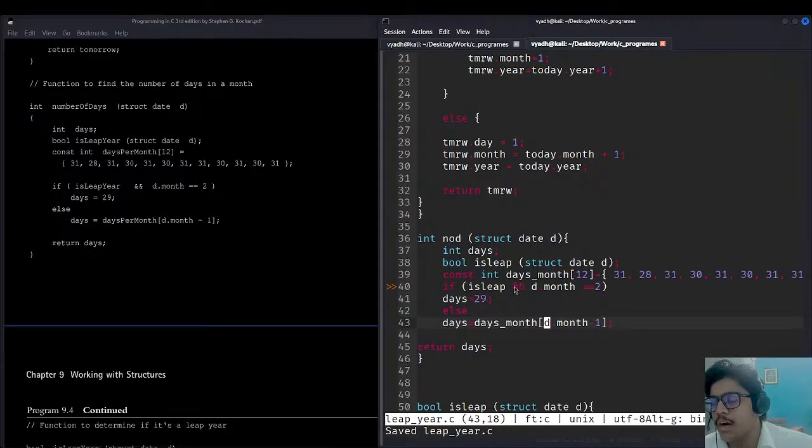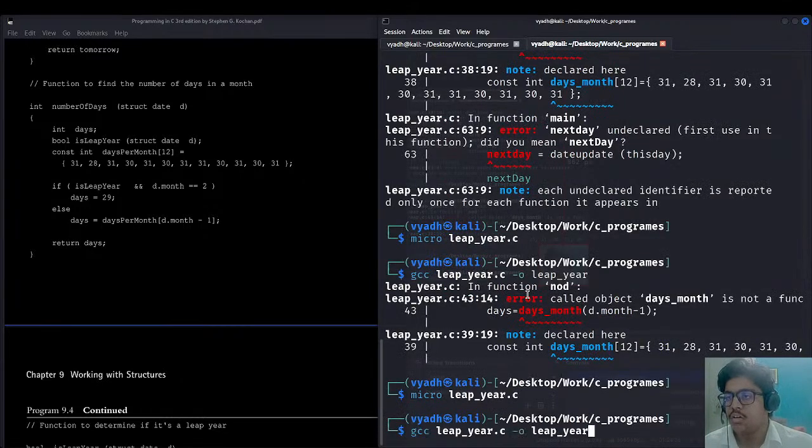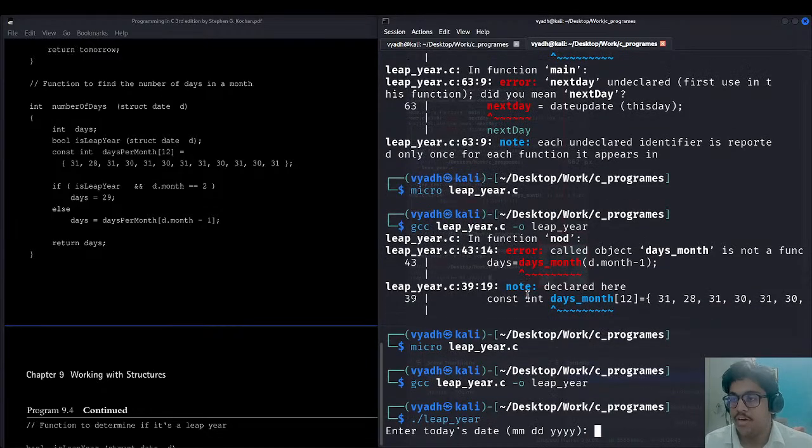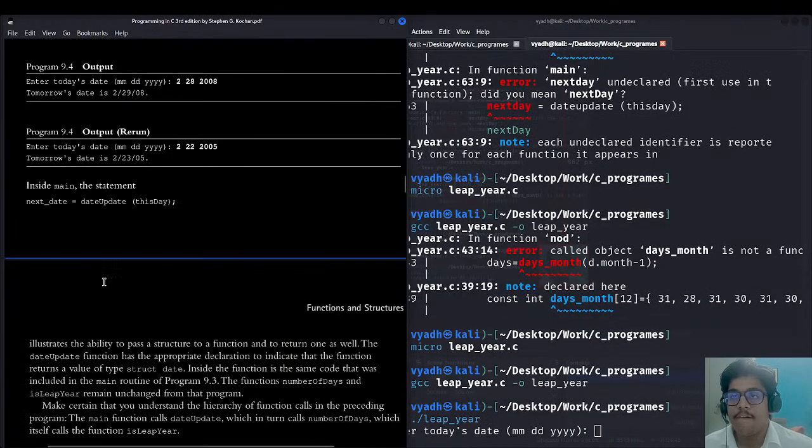Is leap, and okay, the address of is leap will always evaluate as true. No problem. Control S, gcc leap year. It's not an error or something. Leap here, enter। फॉर्मेट क्या है? सो